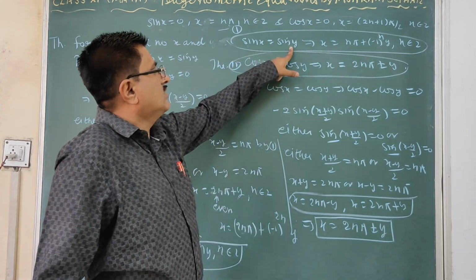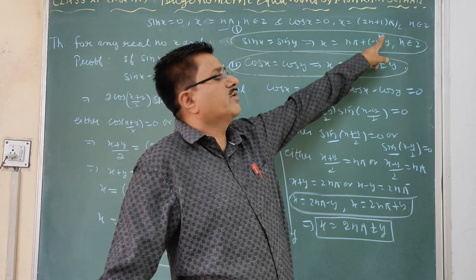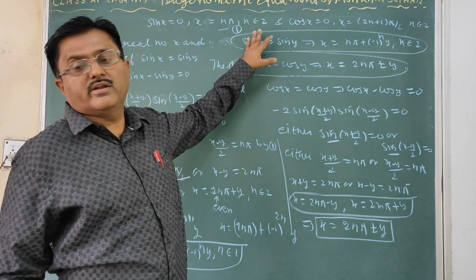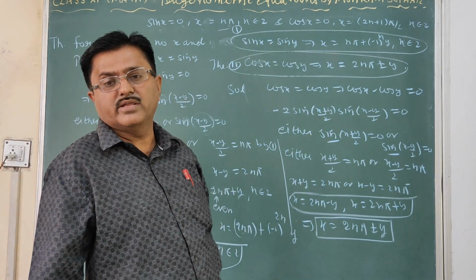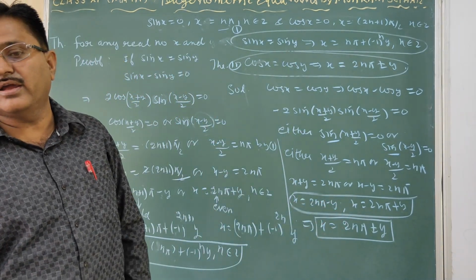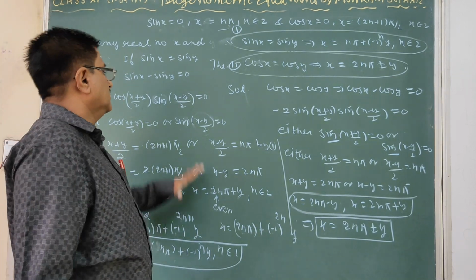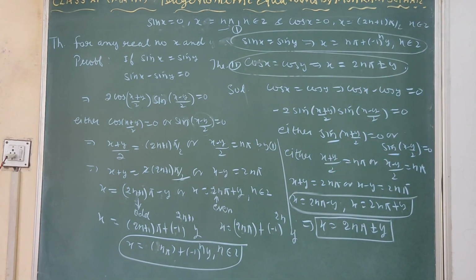When sin x equal to sin y is given, you write the direct solution x equal to n pi plus minus 1 power n y. Now in the next class or evening class we will see how to find the solution of tan x equal to tan y, then x equal to n pi plus y. That we will see, and how we can use these formulas in practical problems. Clear? The derivation is also important. How we can derive will also be important. In some cases it may be asked. So you have to also learn.